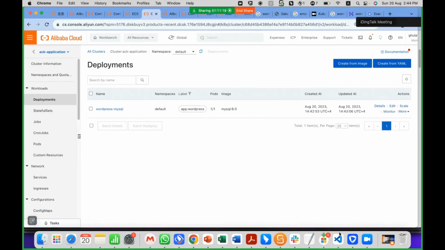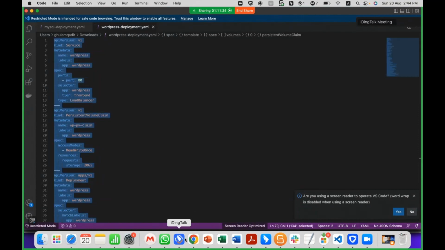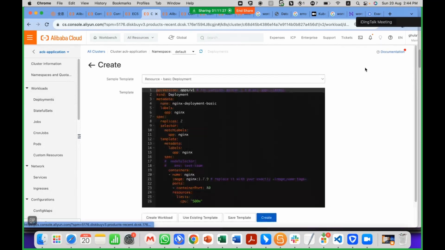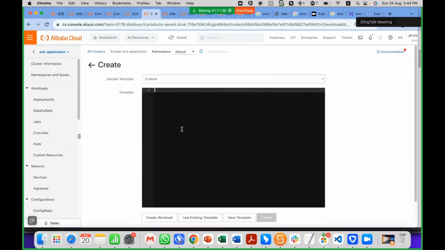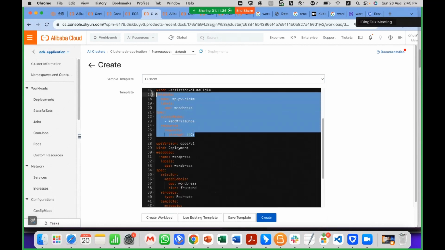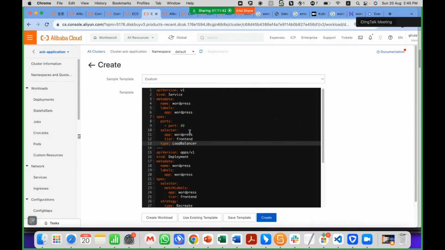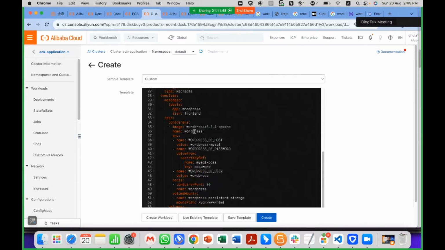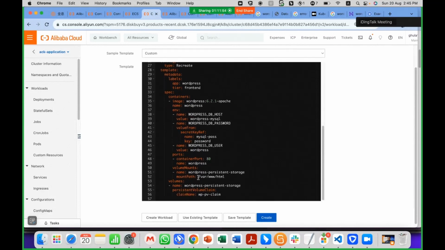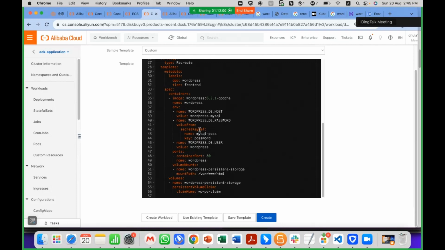The next part is we will deploy WordPress itself. Let's copy the same and go into the deployment. In the same way, create a YAML, and I will select the custom option here, paste the same things, and remove these PVs, the persistent volumes. This WordPress deployment will be on port 80. It will be deployed on a load balancer. It defines which version of WordPress will be deployed, and what username and password will be used. Everything, including the mount path, which is HTML based, and the PV claim we already created earlier.